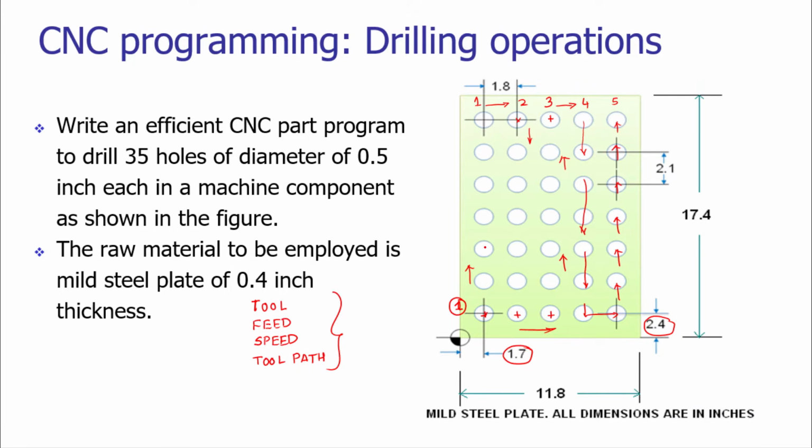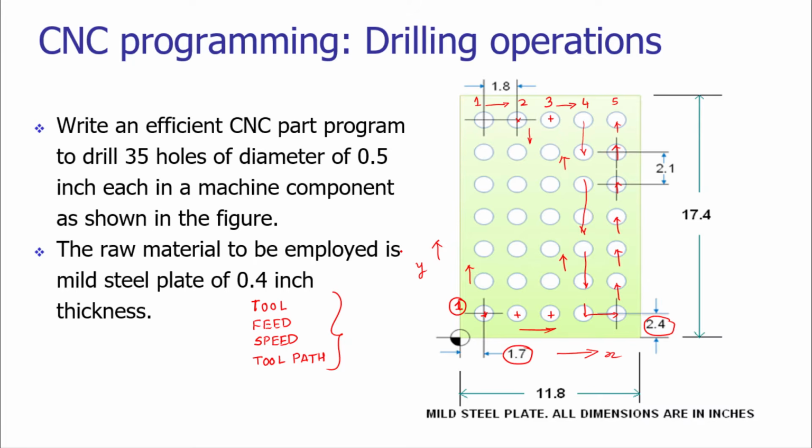There are 1, 2, 3, 4, 5, 6. So 6 holes are to be drilled in the upward direction in column number 1 after drilling hole 1. So we will try to utilize compact, efficient programming. We will just specify by what amount we have to move upward along the length of column 1. All the holes are equispaced along the x-axis and along the y-axis. When the holes are equispaced, then we can utilize this facility.